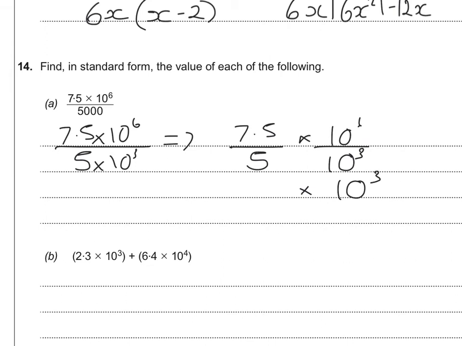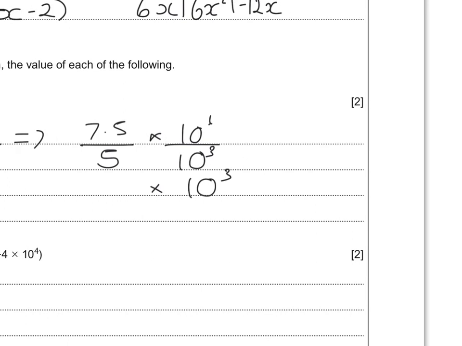6 take away 3 is 3. We've now got to do 7.5 divided by 5. There are lots of different ways you could attempt this question. I'm just going to move over. So you could, if I do it in blue pen, you could do it in a